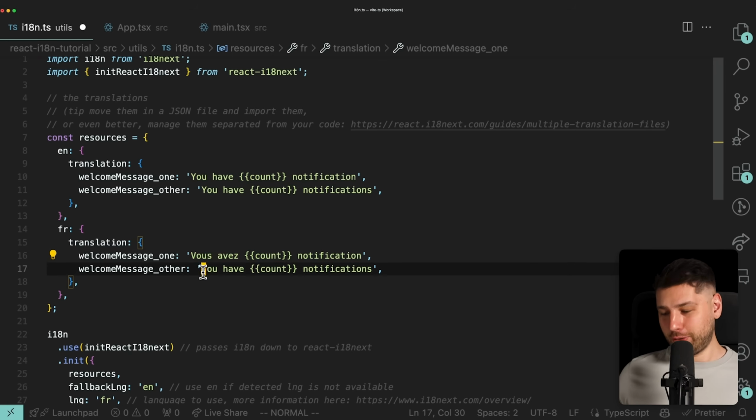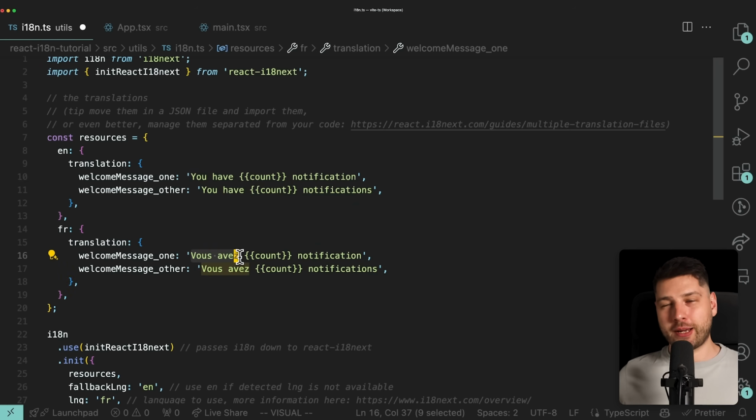And here we're just going to do the same thing over here. "Vous avez". And by the way, if you know French, I'm using the formal version over here because usually you would do that in an application. I think I haven't used that many React applications in French, but let's just go with that. So there we go. We have the same key over here, 1 and other,